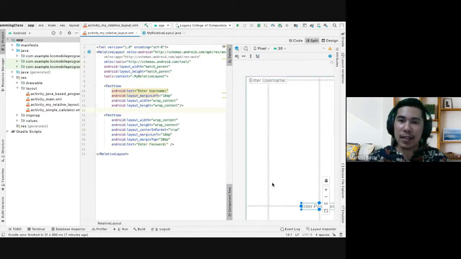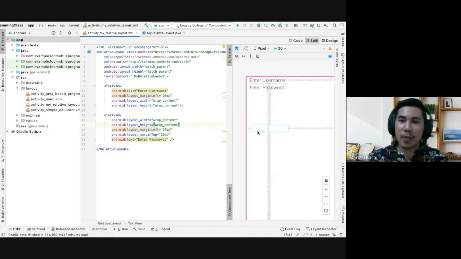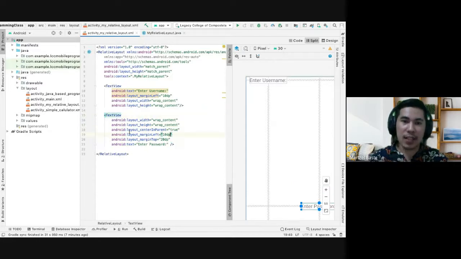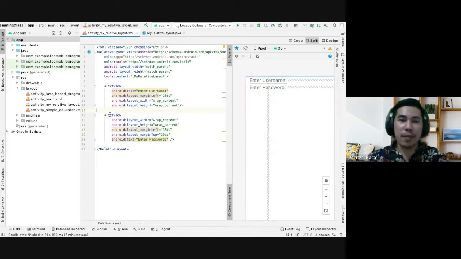So kaya lang siyempre naa siya'y mag-appear diri na sometimes careful ta because magpataka siya og butang diri og mga components, like instead of ganina walay center parent in true, pero nikalit ra siya naa the moment na imo siyang gi-move, no. So ayan, mokalit ra siya center in parent true. So I would suggest you do it in a hard code way also. So if you want, so even since dili siya horizontal vertical, you can also, I mean, pwede ra siya dili in linear manner